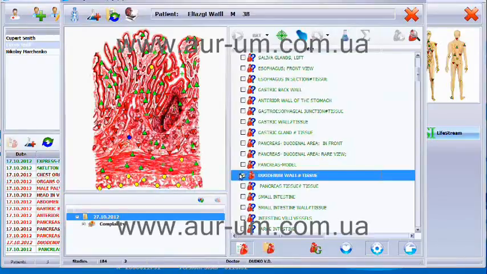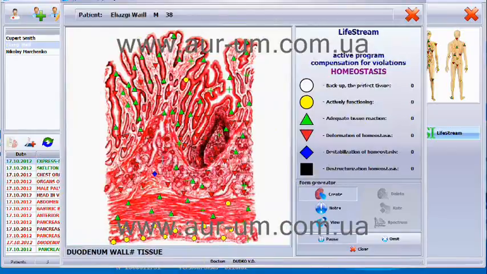In this case, we select duodenum wall tissue. We always try to select organs on the level of the tissue so the signal will go deeper. First, we have to identify a focus area by pressing the Create Focus button. We select the worst marker, we press and hold the left mouse button. We make a circle around it, we press Rate, we select the color, in this case it was blue, is